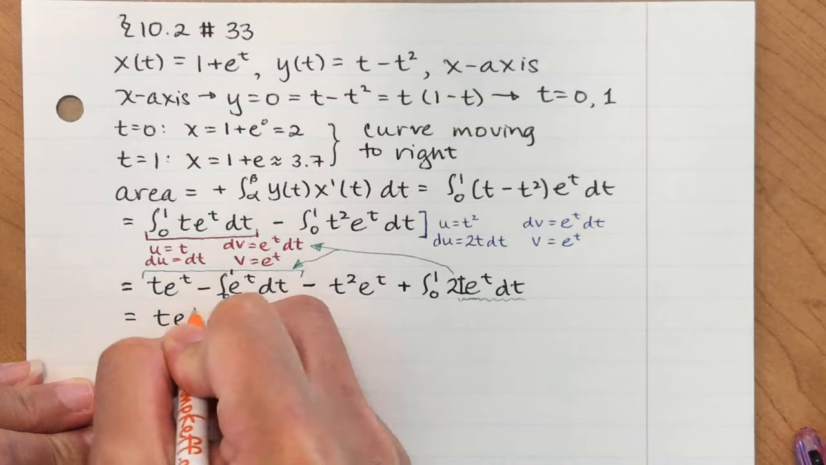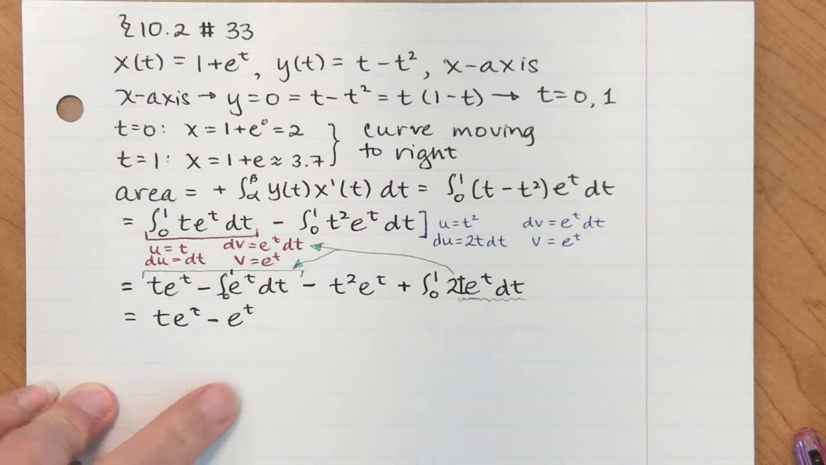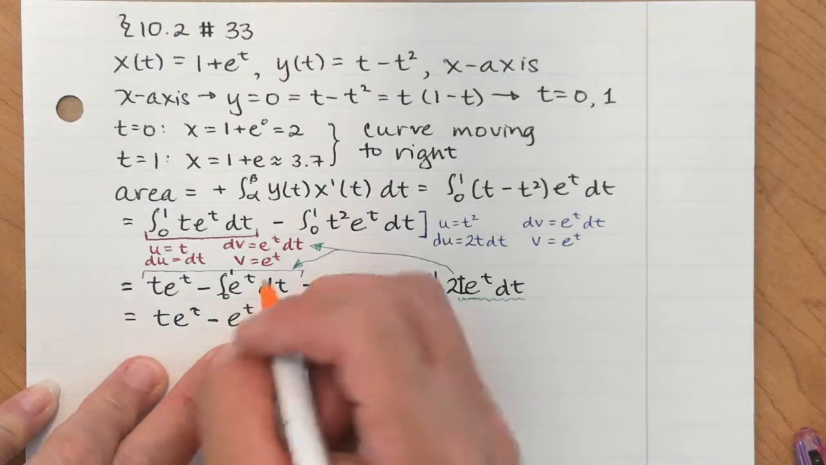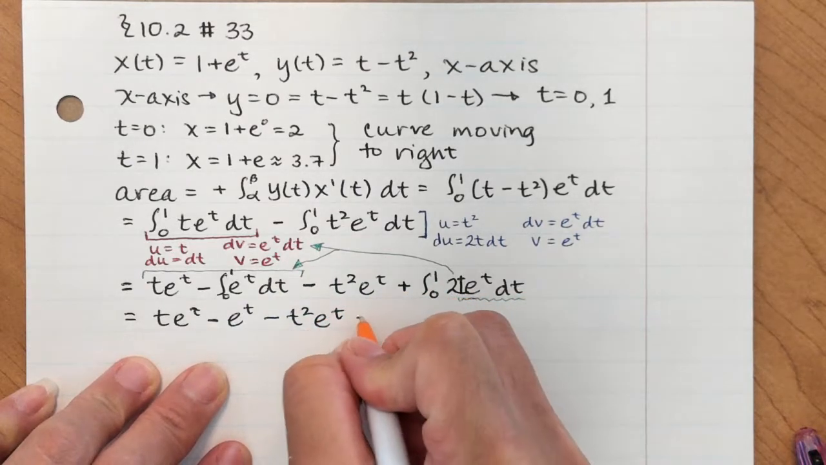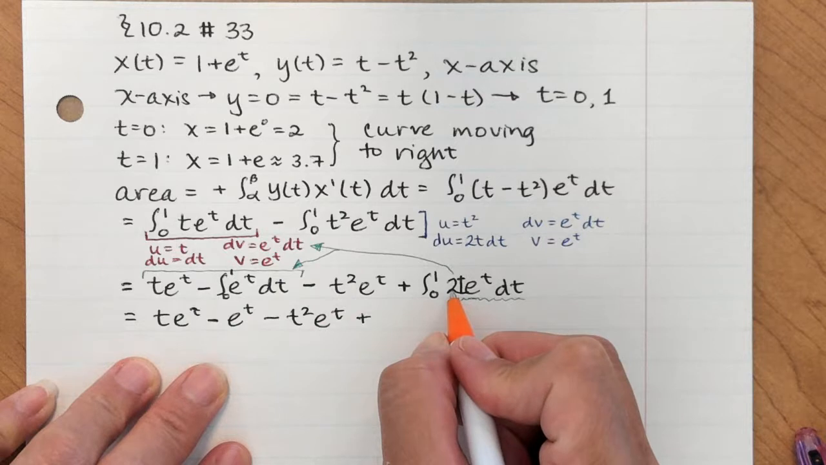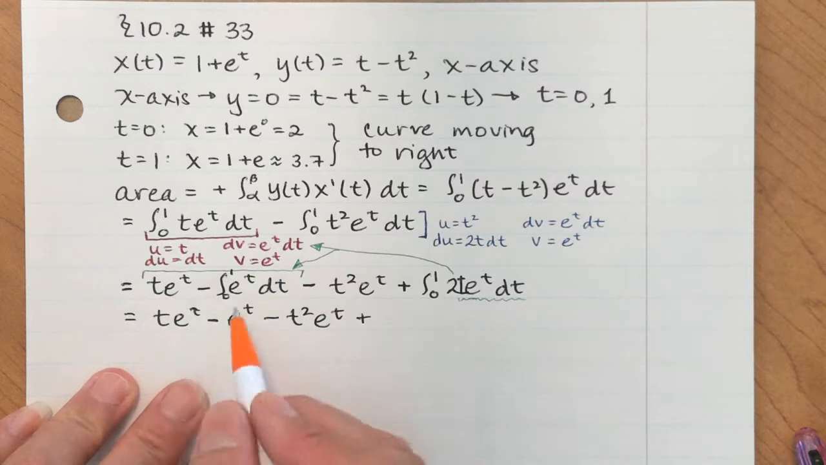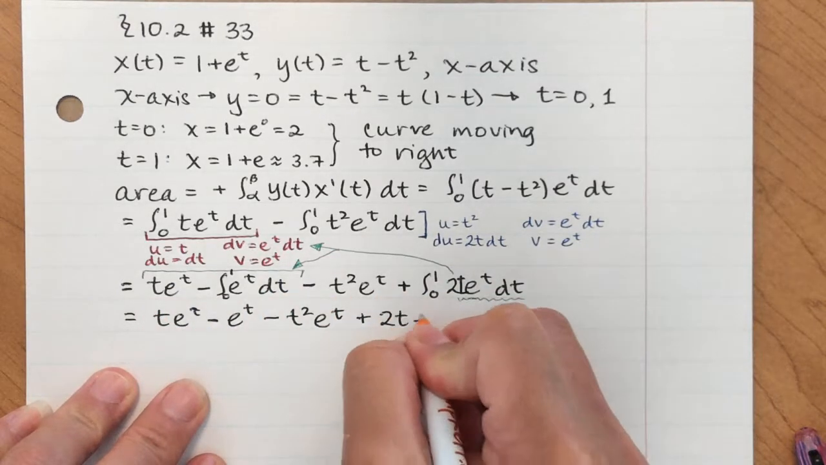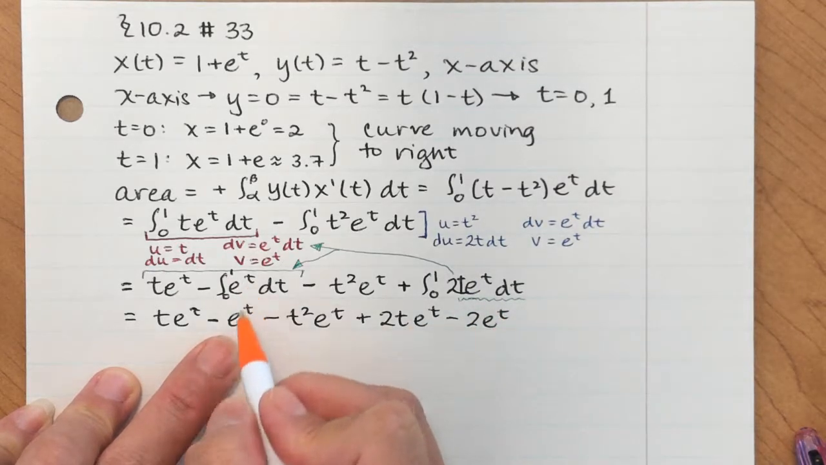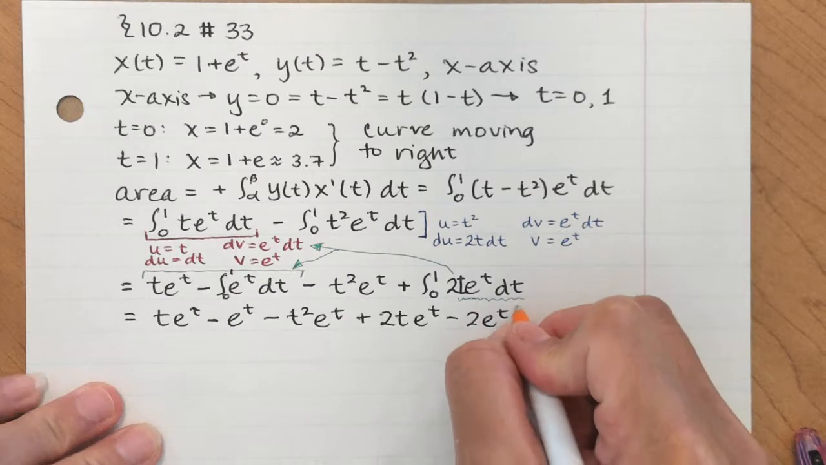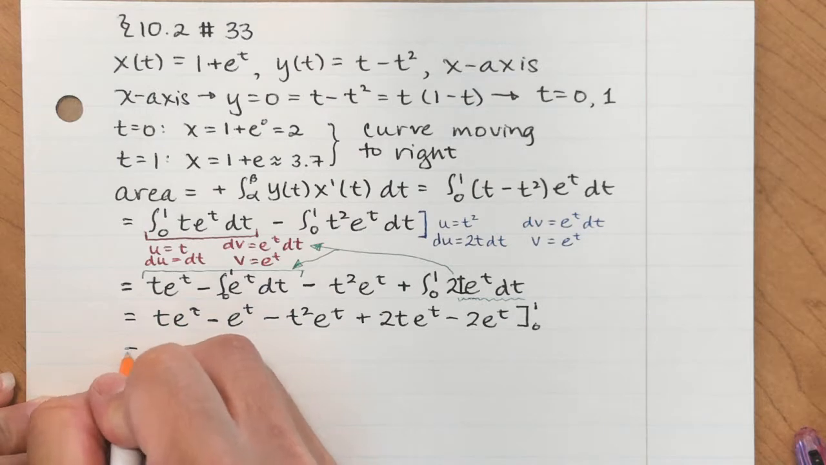We have t e to the t minus, well, this is just e to the t. The integral of e to the t dt is e to the t. Then I have minus t squared e to the t. And then I have plus, now I have to remember this is times 2, so 2 times what I did in that first integration by parts. So 2t e to the t minus 2e to the t. Again, that's the integrated version, and I just multiplied it by 2, all evaluated from t is 0 to t is 1. Let's clean that up, and we're going to have